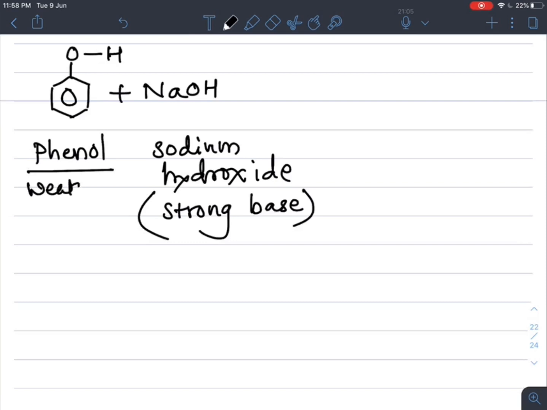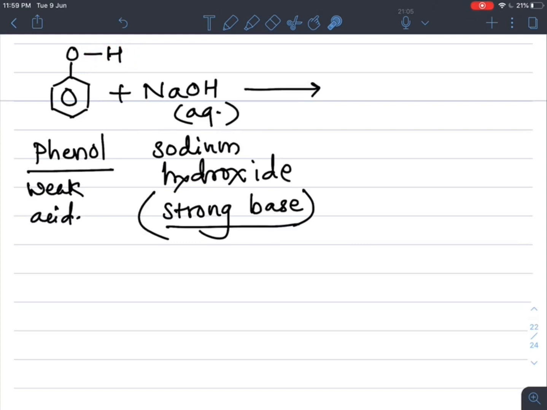Phenol is weakly acidic in nature. When it is treated with the aqueous solution of sodium hydroxide, the OH group of this phenol breaks heterolytically, and this oxygen is highly electronegative, so it attracts the pair of electrons towards itself,